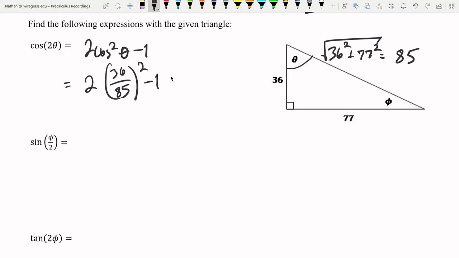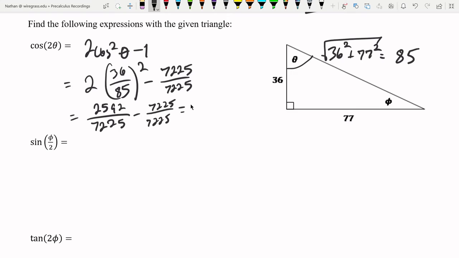And we can simplify that down. This is going to be 85 over 85. Actually, I need to have the squared version of that, so it's going to be 7225 over 7225, which gives me 36 squared times 2 is 2592 over 85 squared is 7225. That's going to give me